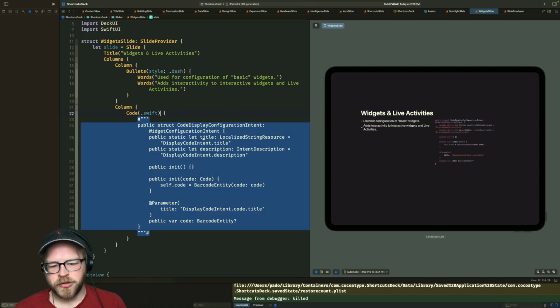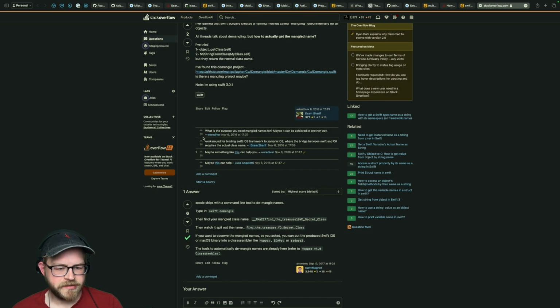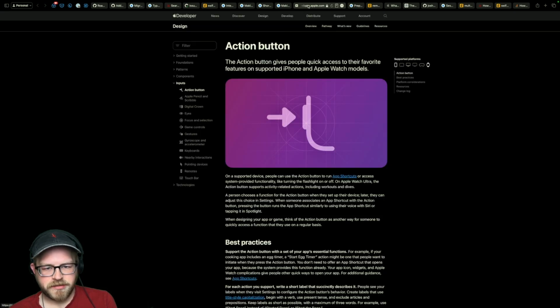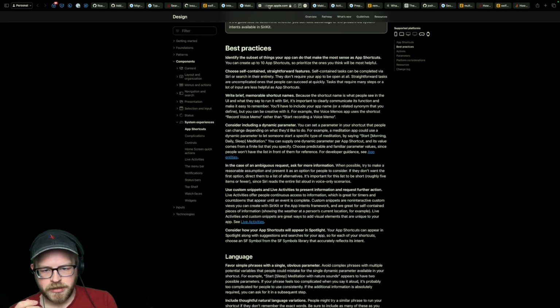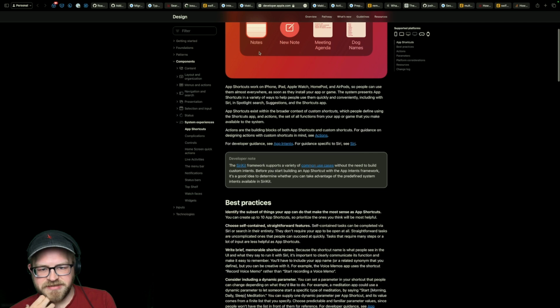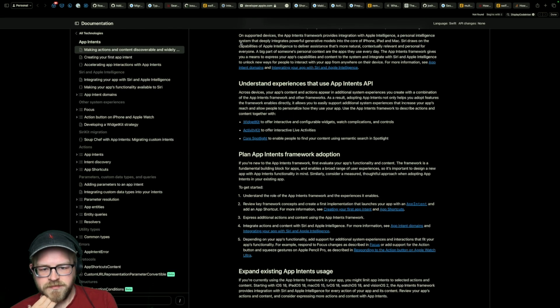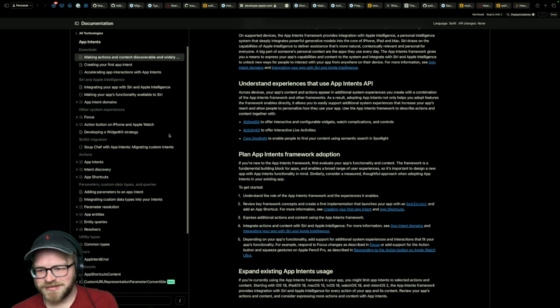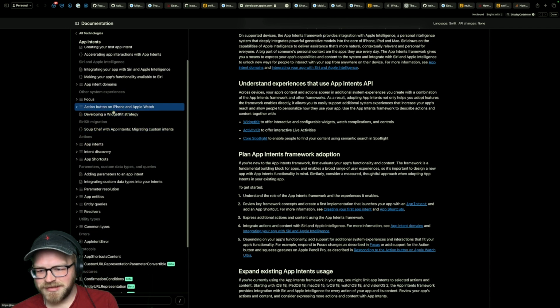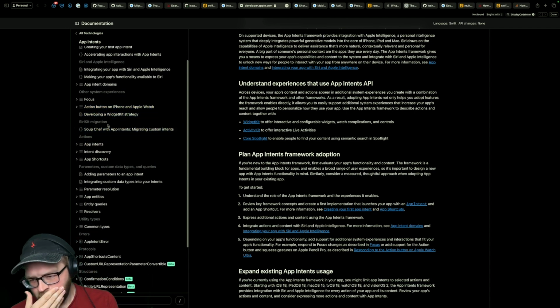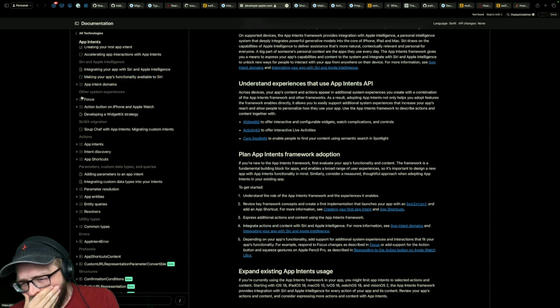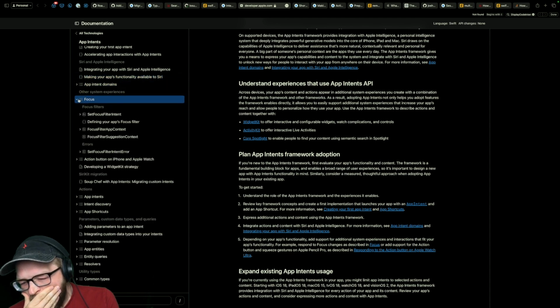Let's go learn ourselves at least what another one is going to look like, because we're going to need this for Bark anyway. What does it look like to have live activities? Or sorry, we're not going to have live activities for Bark. I mean, we could, but that's not really what we're looking for. Oh, focus filters.